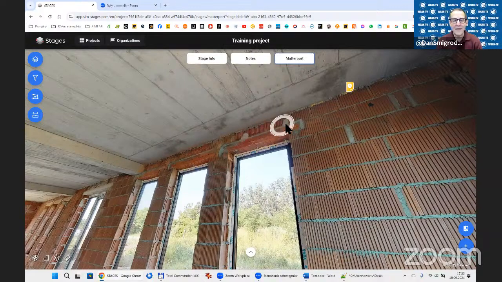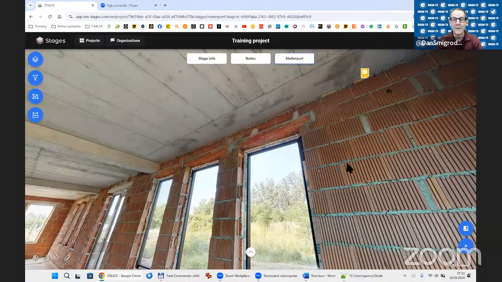So far, I think what I've seen you show is how to set up an organization, how to set up a project, how to set up a timeline, how to annotate a space, how to look at a Matterport tour in a split screen view in order to perhaps compare construction progress from week 1 to week 3.